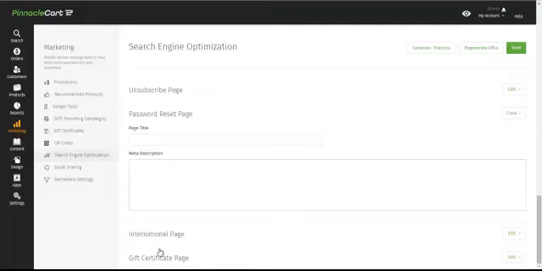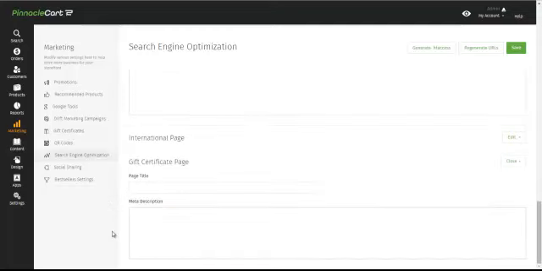So we've gone through those. The only other one that you really should give a great meta description and page title to would be the gift certificate one, because A, it's going to show up on the tab, obviously with the title, and then the description is going to be able to help the buyer actually be interested